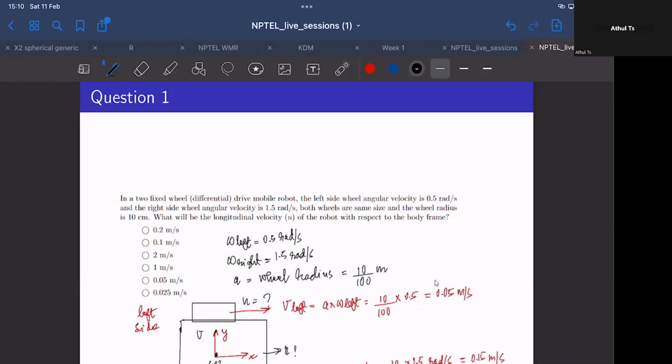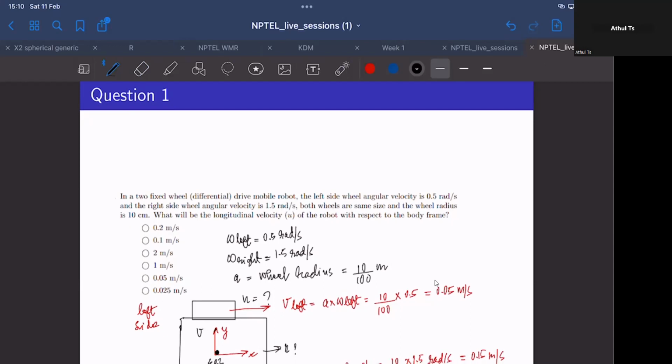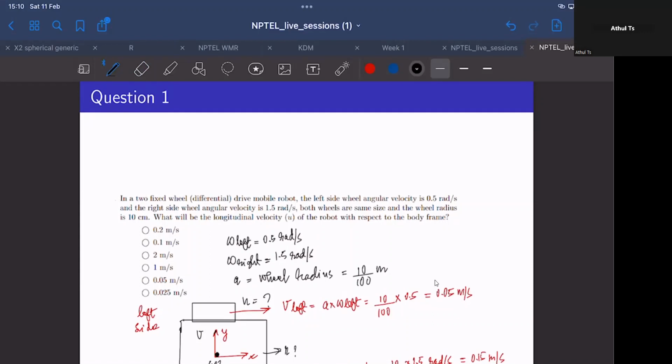If this point is B, the point at which the body fixed frame is attached, and if we only know the left side wheel velocity V left, then what would be the velocity of the robot at the B frame? Right. So the answer would be, if the contribution is only from the left wheel, it would simply be